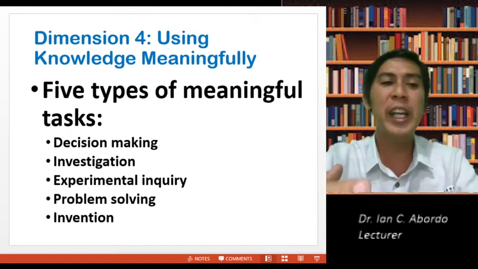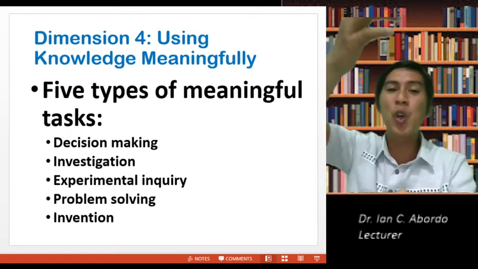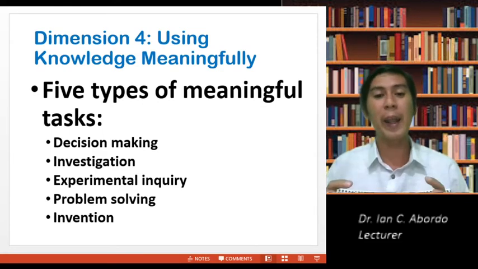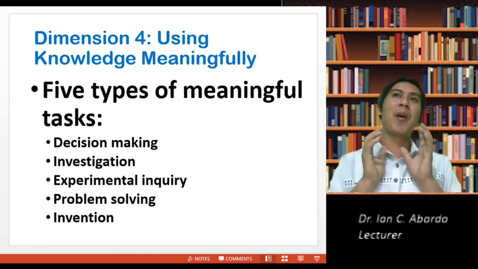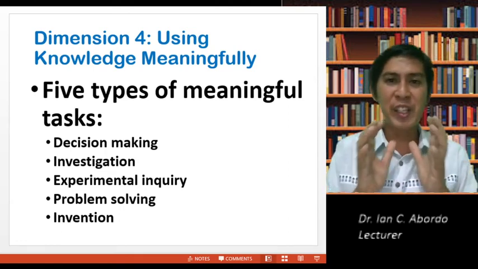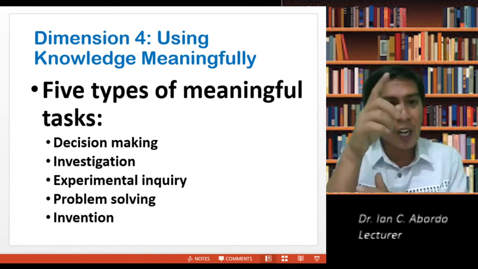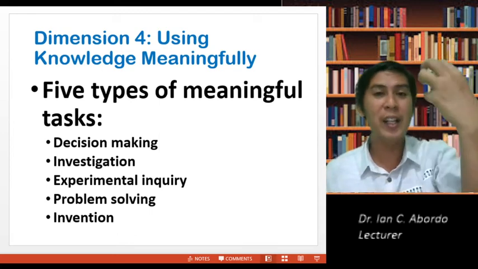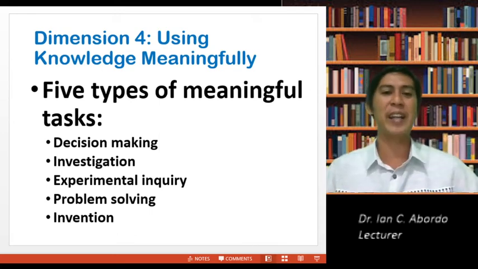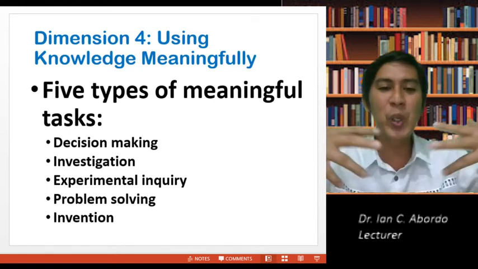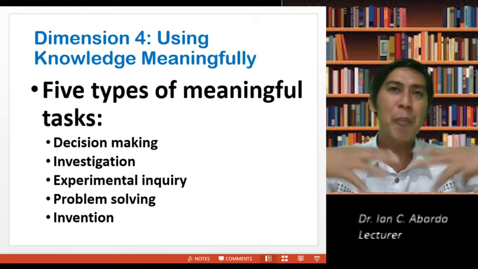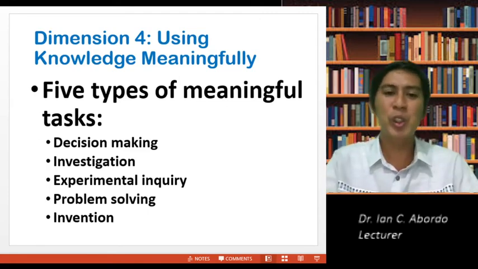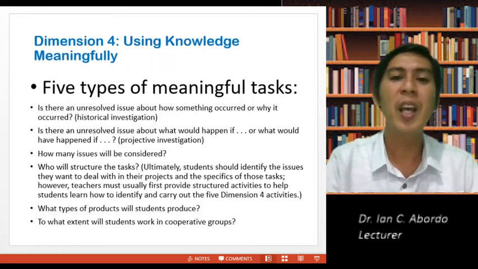Of course, they are associated with dimension 2 and dimension 3, those knowledge and skills they have acquired. So they will apply. How will they apply? They can probably be engaged in an activity where the target is decision making in application of what they have learned, what they have acquired, what they have extended and refined in dimension 3, right? They can probably do investigation, research, problem solving, invention, making prototypes or solutions to problems, etc.